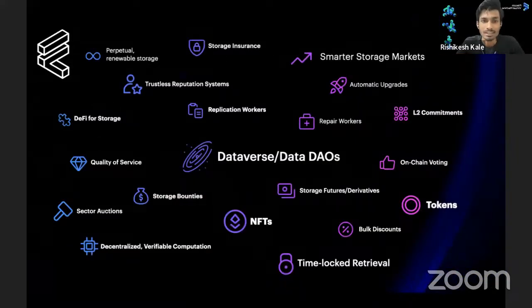Apart from these major use cases, if you are looking for some more use cases which you can build on Filecoin for this hackathon, you can think of building a trustless reputation system for the storage providers, and also creating a decentralized identity on the Filecoin network. Then the next one you can have is NFTs. Your NFTs are actually created on the Filecoin Virtual Machine, and your data also resides on the same network. That gives a good feel. Then the next ones you can have are storage bounties, decentralized verifiable computation, and sector auctions. Sector auctions, just to give you some brief insight,